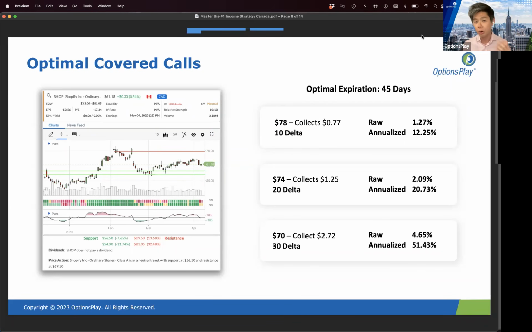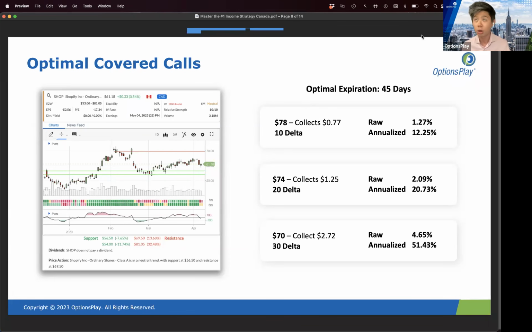Because I would say that most investors are not thinking about covered calls in this specific light. But based on our research, there's no other way to look at it. If you're looking at it any other way, you're going to underperform, right? When we've looked at selling 30 delta calls, in the long run, you're better off not selling calls at all, because every single time the stock gets called away, you're missing out on upside. So that extra income that you're getting, the extra $1 or $2, is not offsetting what you're missing out on when the stock does make a big run. So you're actually underperforming if you just bought and held that stock.